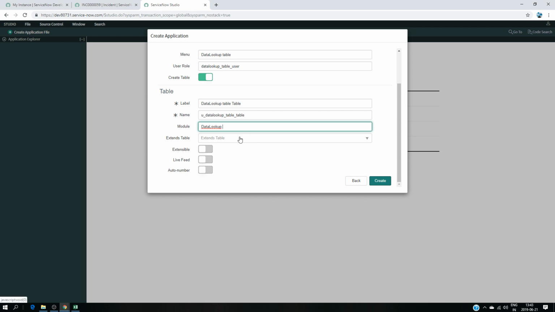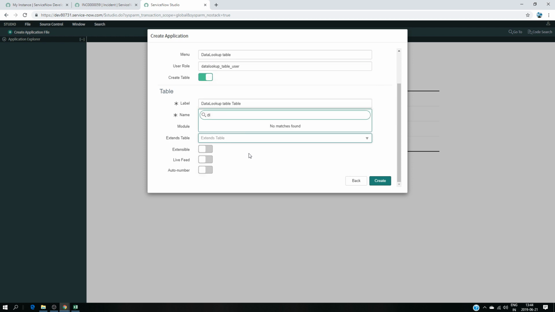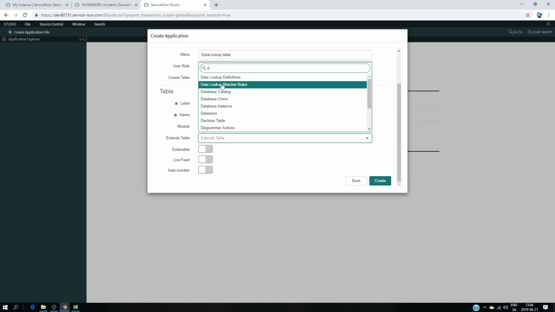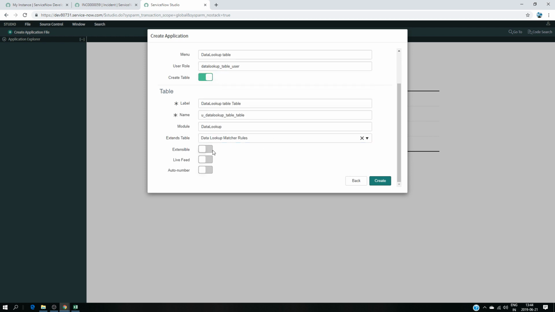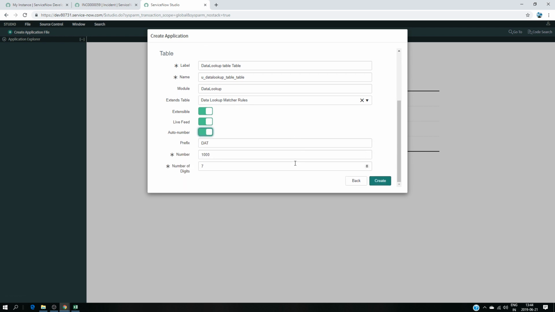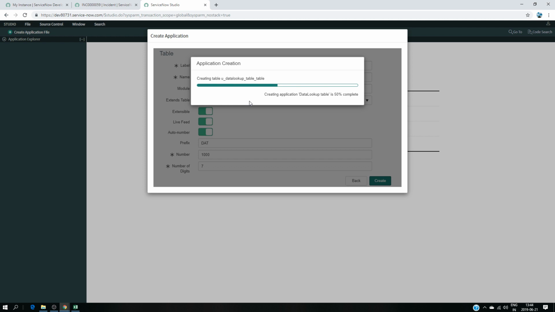Okay, and it should extend another table which is called the data lookup matcher rules. This is highly important if you want to have this table as a data lookup table. All you need to do is to choose this one, data lookup matcher rules. So you click on create. So it's going to create our